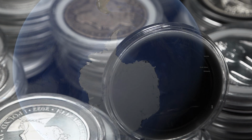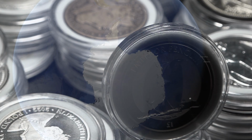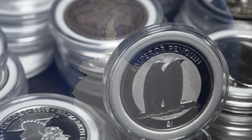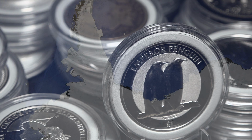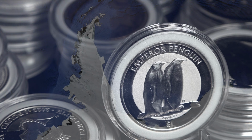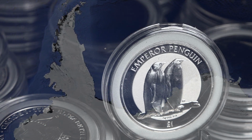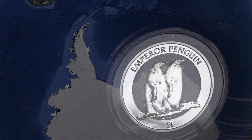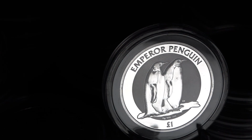Antarctica, desolate and vast, a land of ice and water. At least that is what we're told, but there is more variety and reasons to value this land than we often think. Today we cover a silver coin hailing from our southernmost land. We will learn the story of the British Antarctic Territory as well as the Emperor Penguin that is hosted on